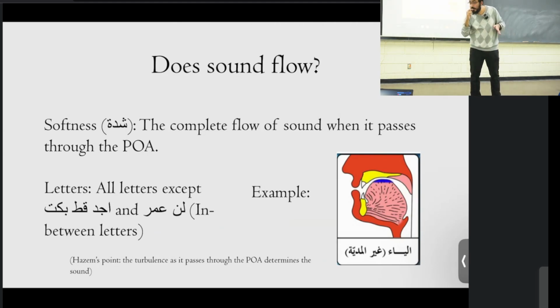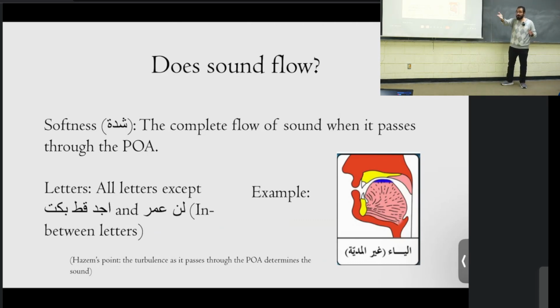There's not as much airflow exiting. Yeah, but why does the fact that I moved my tongue upwards, although it does not close the makhraj, change the sound? I say a and then say ay, and somehow because I moved it up, even though it doesn't close the makhraj, the sound changed. Why?